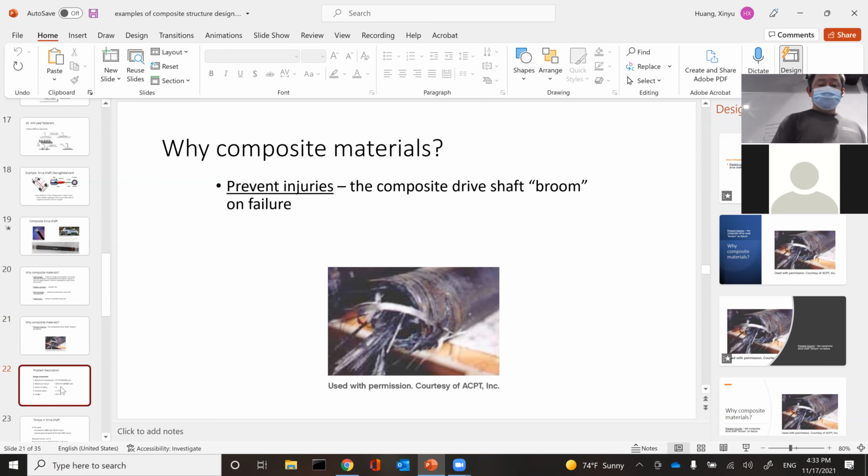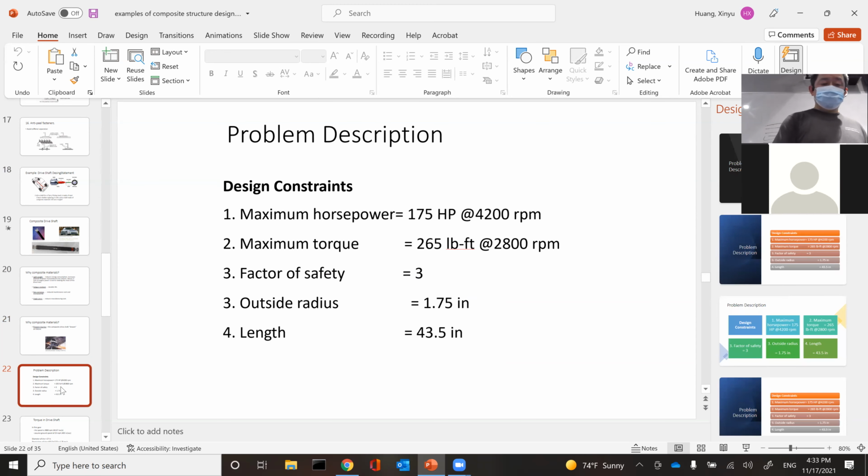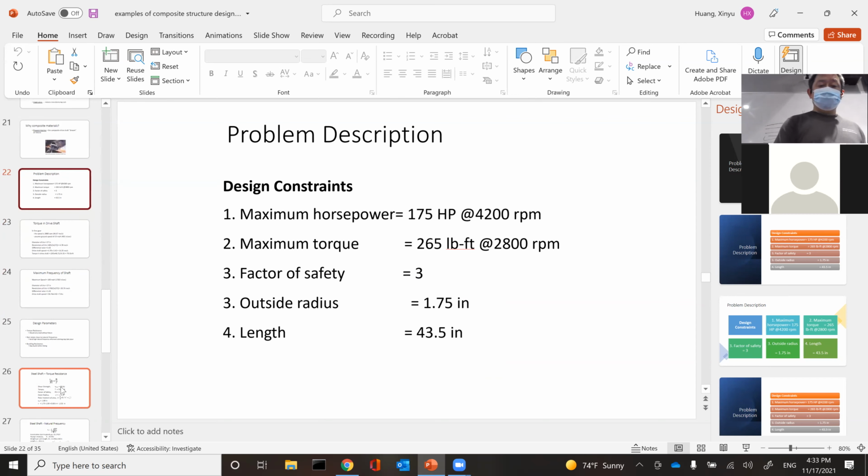So this is starting to design this thing. Basically, first a metal shaft is designed based on the torque requirement, and then compared to a composite one. So the first part of the problem is describing all the input needed to design the metal parts. So basically, you want to first estimate the torque it has to put onto the shaft. So you start from engine horsepower and RPM, and then you use that to calculate the torque